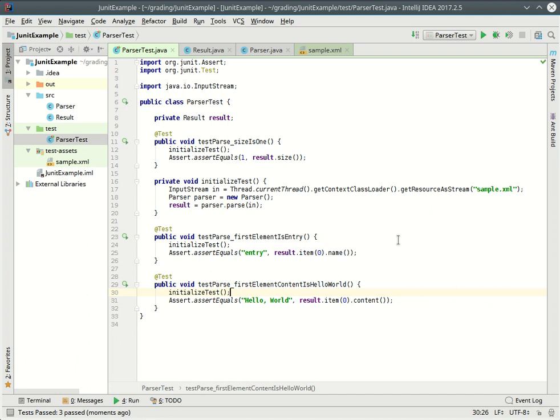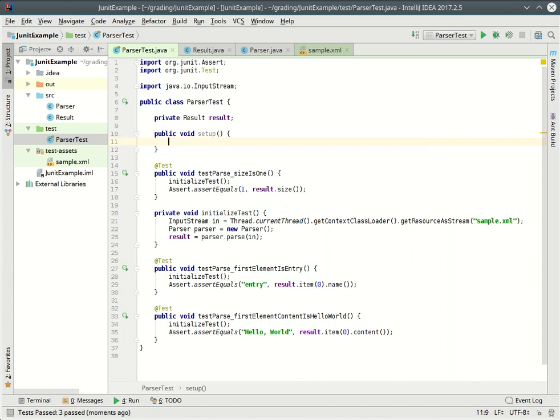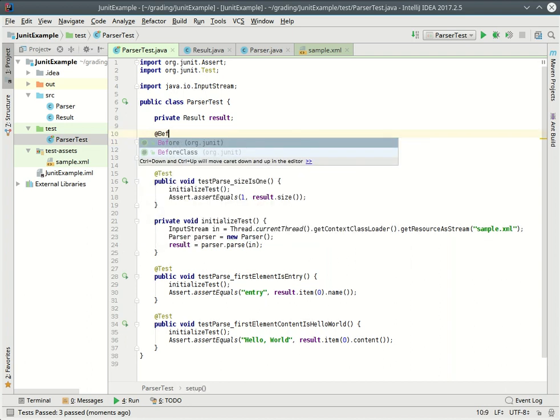You see some code that looks almost identical, or in this case, exactly identical, and you extract it into a private method. However, JUnit also gives us a really useful utility to automate this because it is so common. We can annotate a method to run before every test using the before annotation. And by convention, this method is called setup. The reason for that is historical. In older versions of JUnit, it had to be called setup, but now we can just make this a before